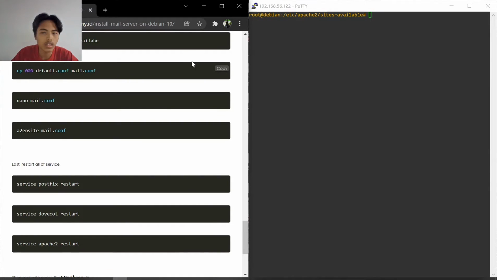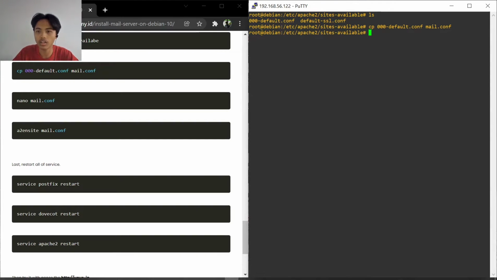And then ls here, we will see 000-default.conf and default-ssl.conf. So we copy 000-default.conf to become mail.conf. So first, cp 000 tab and mail.conf here.